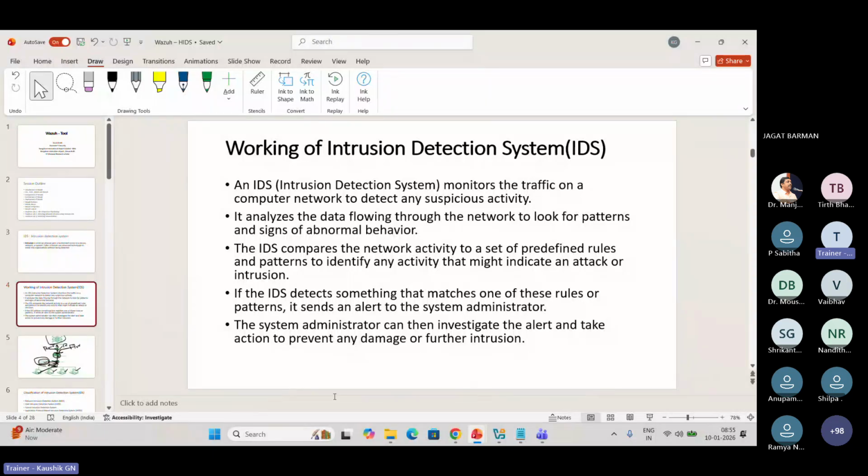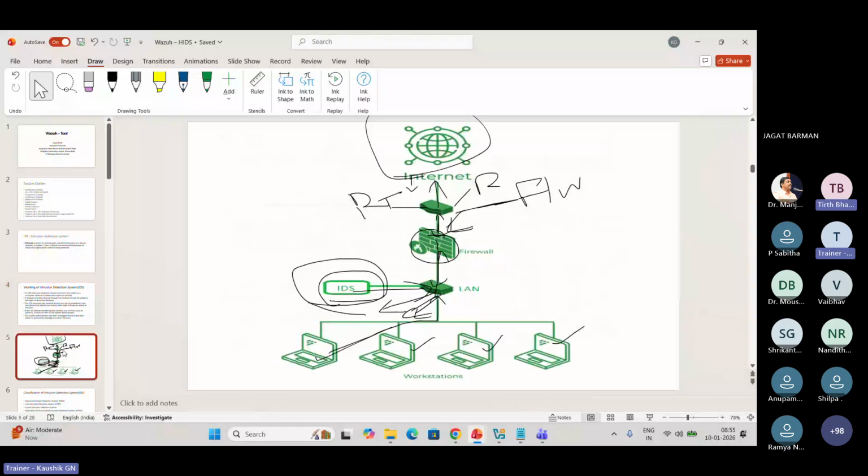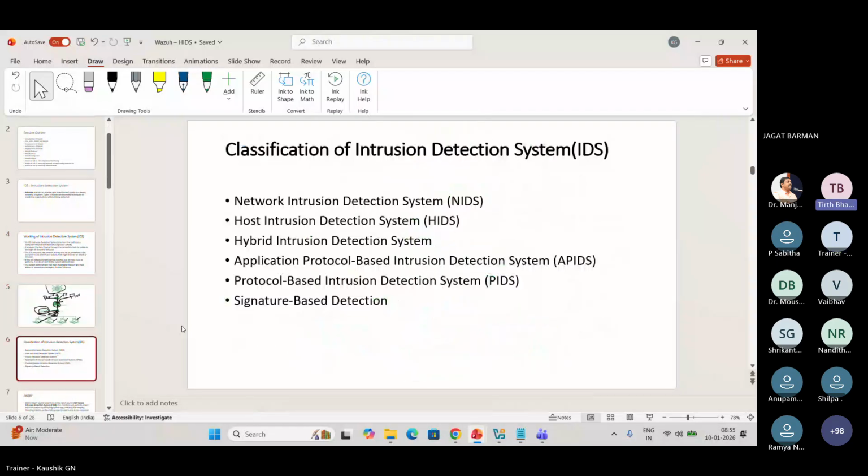Now there are multiple classifications of IDS. One is the network intrusion detection system. The second one is the host intrusion detection system. Today we will be covering this one, the host type. Then we have the hybrid intrusion detection system, the application protocol based intrusion detection system, and the protocol based intrusion detection system. The final one is signature based detection.